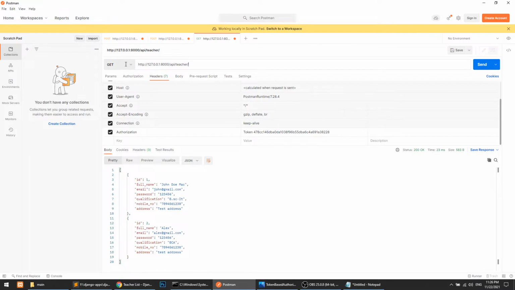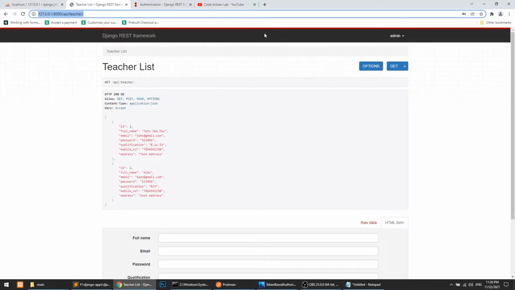When this is working with the GET method, we have to send the Authorization header with this string. Remember, this is the string that we have created, and we have to pass this string with the Token keyword. So Token keyword, space, this created token, with this Authorization header. Okay, so let's first define it without authorization.